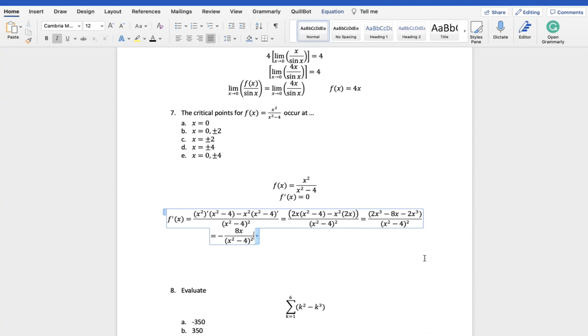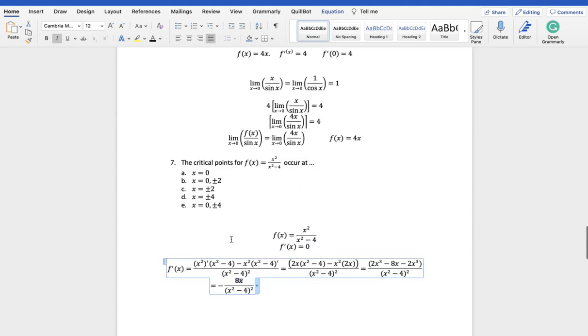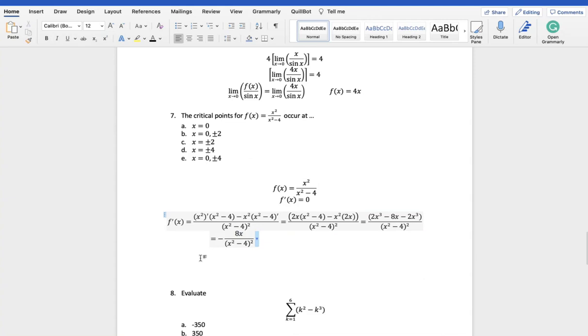Now, for our critical points, we can clearly see that for the numerator we have one critical point there, and that is when x is equal to 0, because for this entire function to be equal to